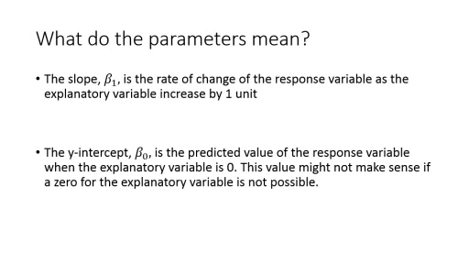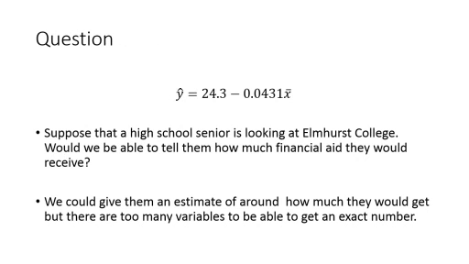$43, I believe, $403, something like that. Okay, so the slope tells us how much the y changes as the x increases by 1. Negative means it drops. The y-intercept, or the b sub 0, predicts how much the value would be if the explanatory was 0. So in our previous example with this unit, if a family made no money,